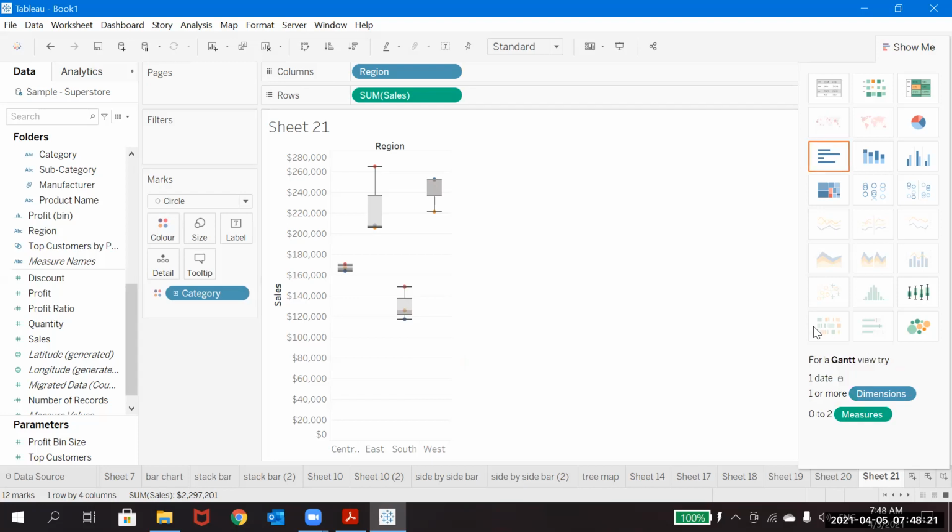So the next one is the Gantt bar. Maybe let's join back. Why? Because using this Gantt bar only, we will create the waterfall chart. We'll discuss that. Okay, so the waterfall chart, and then we'll go for the next two charts.